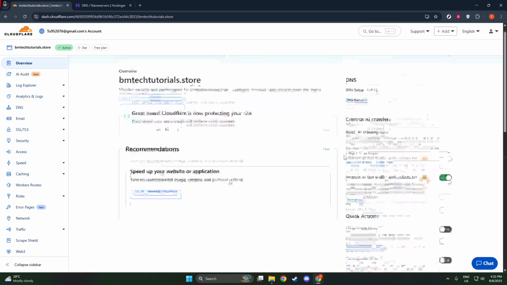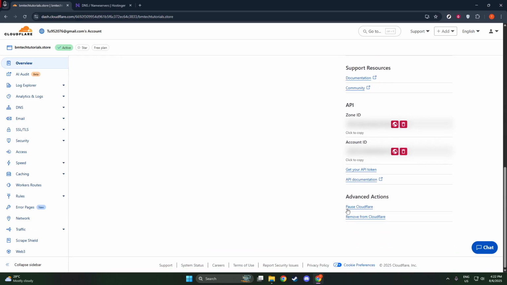Essentially, pausing Cloudflare means Cloudflare will deactivate all of its proxy services, CDN, which is a content delivery network, WAF, that's a web application firewall, and SSL features for your site. This means that instead of going through Cloudflare, all your website traffic will be forwarded directly to your origin server. Now, it's worth noting that while these security and performance features are paused, your DNS will still be served by Cloudflare. This is important because it means your site will remain active, just without the added layers of protection and